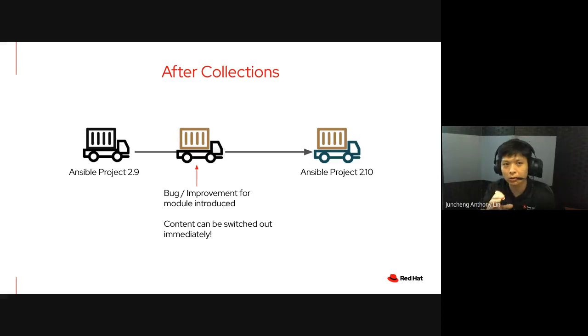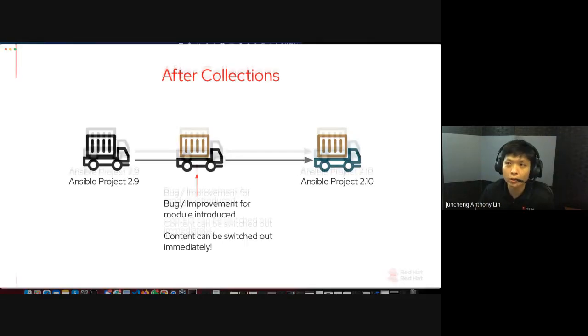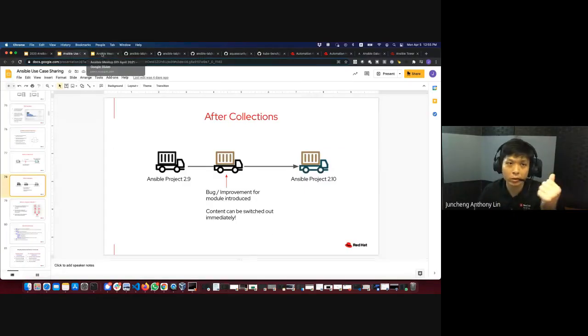It's partly also because Ansible has grown very big, right? So if you look at 2.9, we have more than 4,000 different modules. At the rate that this is going and becoming super big, it's very difficult to ensure that all the modules that we have, right, are free of bugs. And if you want to wait for everyone to go and fix the bugs, everyone may do it at different times of the year, and all these things are going to cause problems down the road. So that's why we are trying to move down this particular way of doing things, which is what we call collections, that will include your roles.